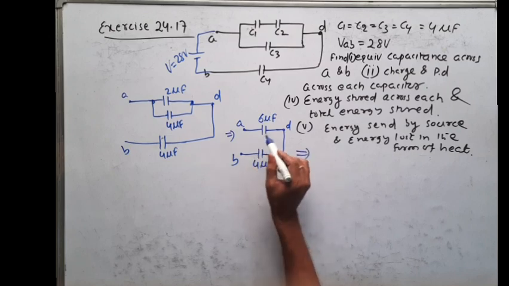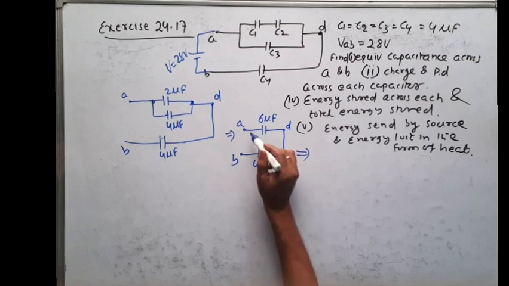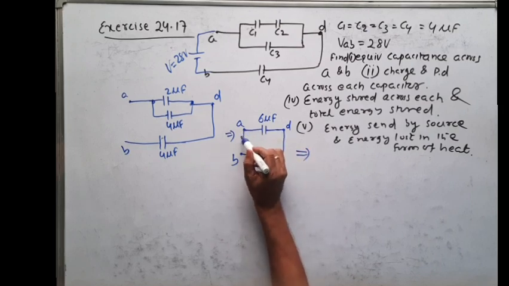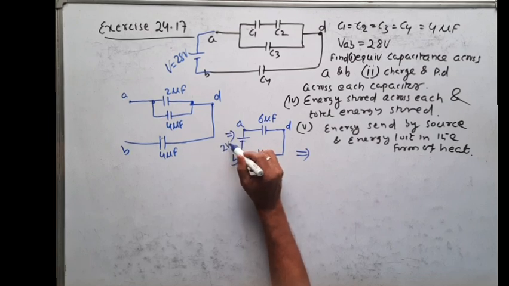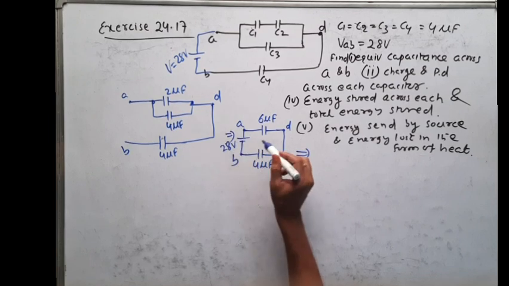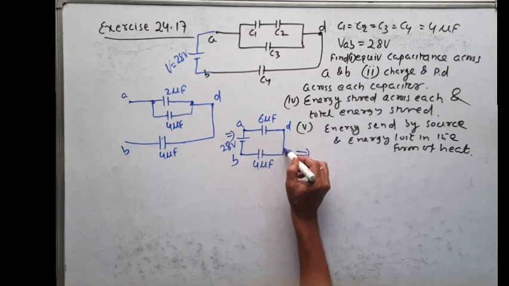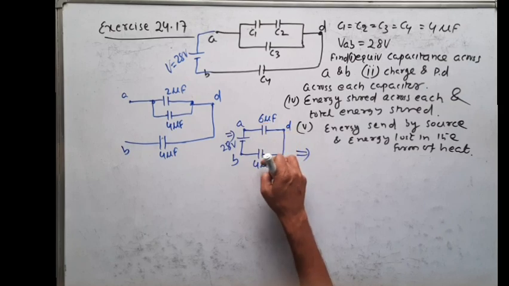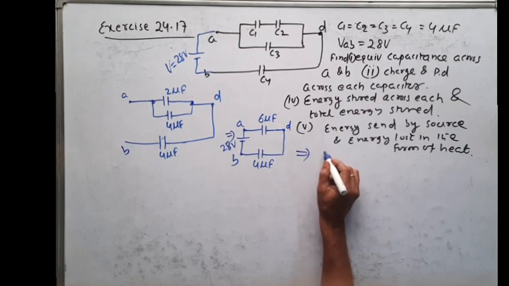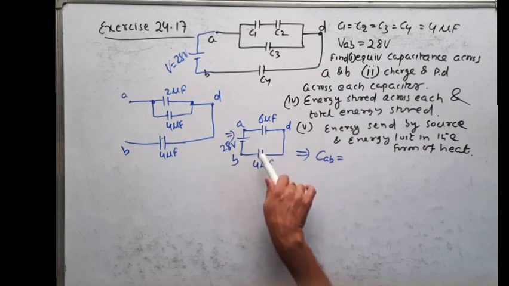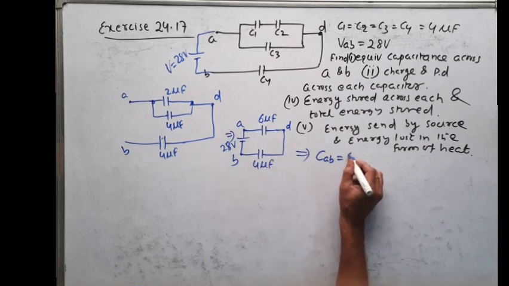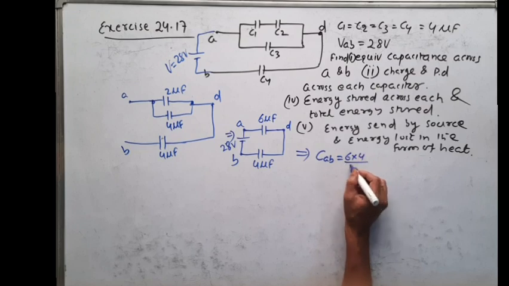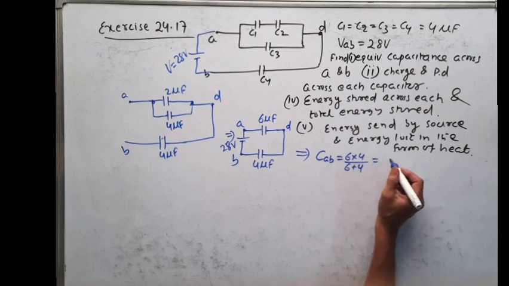So now again you see these 6 and 4 are connected in series, because here A is connected to A and B is connected to what voltage? 28 volt. So here 6 microfarad and 4 microfarad are coming in one path. So 6 and 4 are in series. So I can write the equivalent capacitance across A and B is equal to C1 into C2 by C1 plus C2. 6 into 4 by 6 plus 4, that is equal to